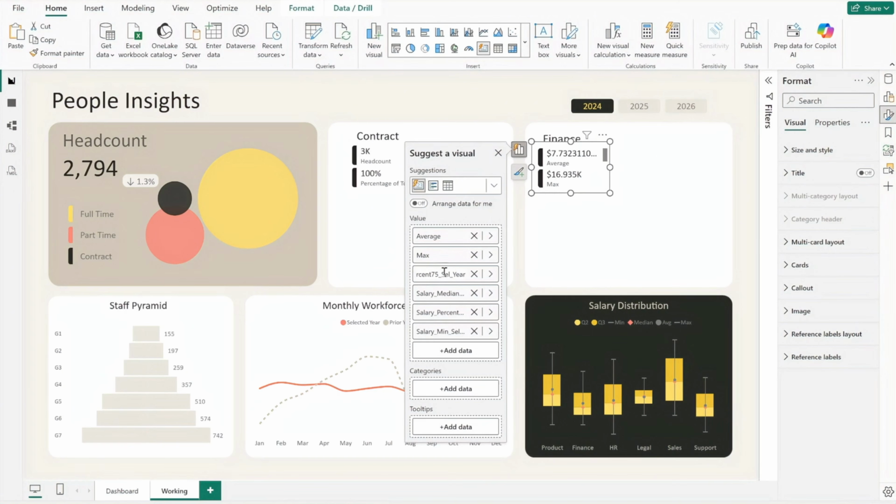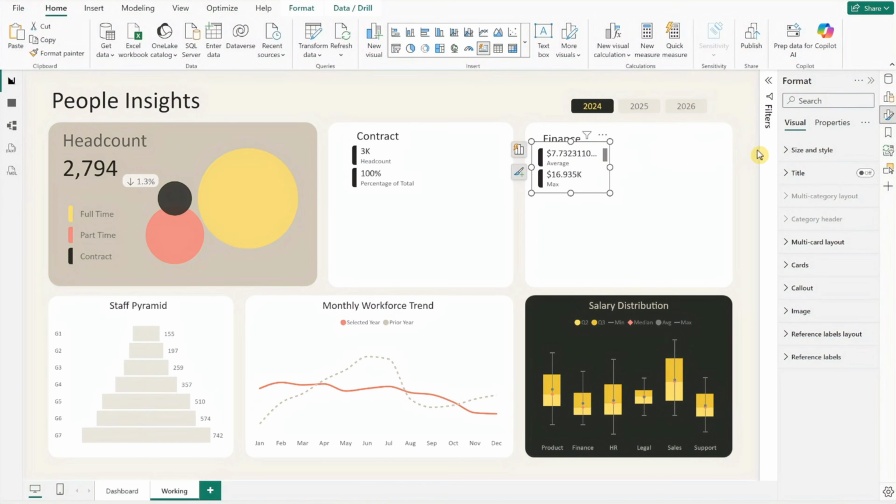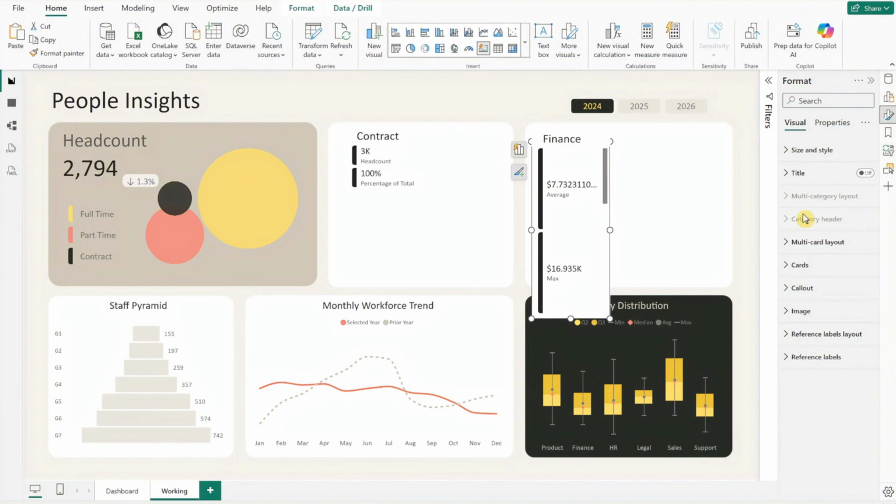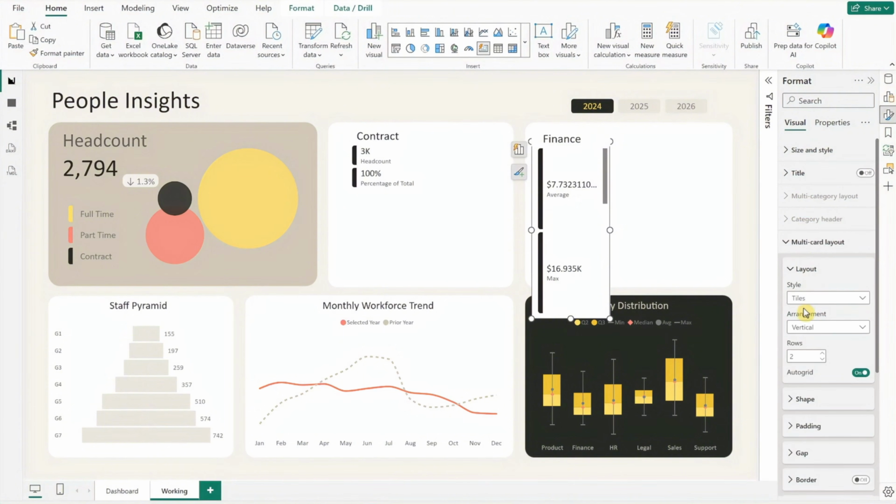Then rename salary percent 75 selected year to Q3, upper quartile. Continue by updating salary median selected year to median. And change salary percent 25 selected year to Q1, lower quartile. Finally, rename salary minimum selected year to minimum. With the labels clarified, increase the card height so all 6 values can be displayed clearly. After that, head to the multi-card layout settings and change the number of rows to 6, so each metric appears